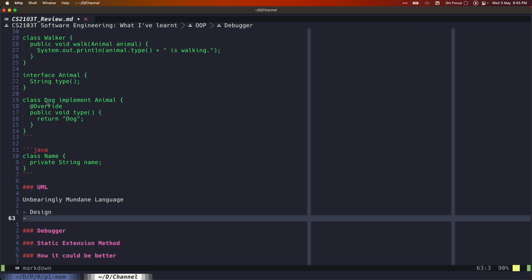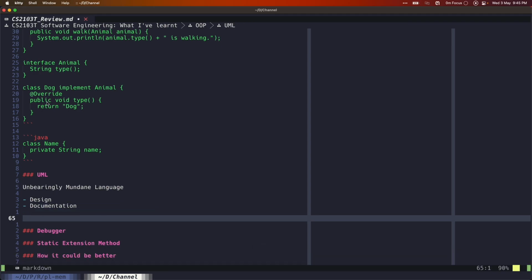And the other thing that I think about when I think about UML is that it could possibly be in communication. Or let's just put it this way: documentation. I don't find any other use cases of UML other than these two. But the problem with design, right? If you just sit there and write UML, I feel like you're not going to get a working design. Oftentimes it's more intuitive to just get into the code and write the code to design.